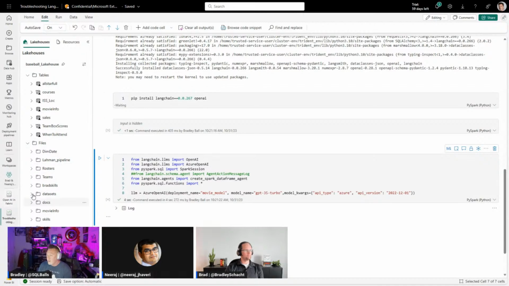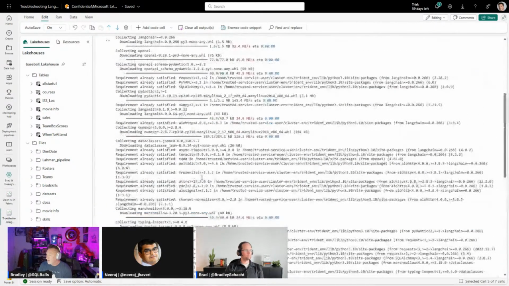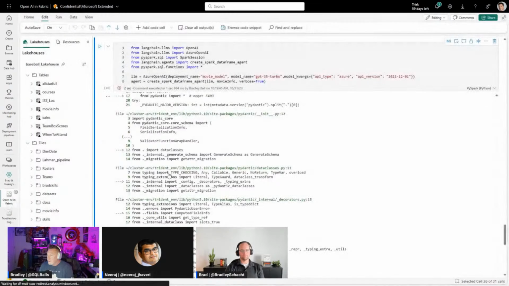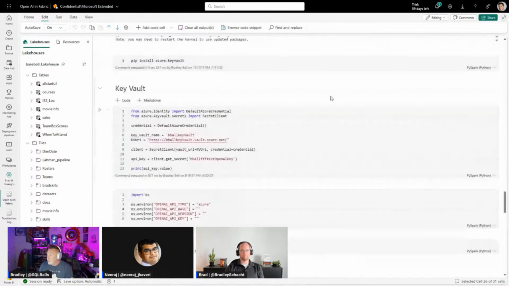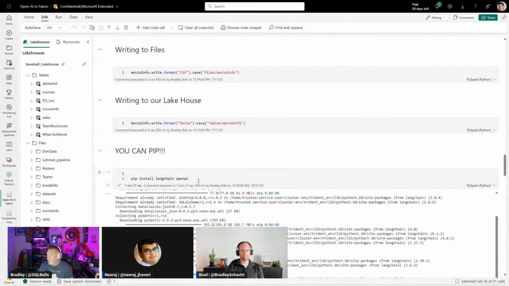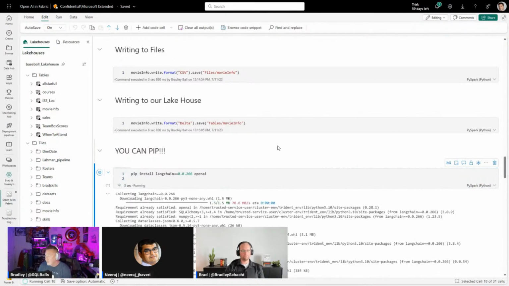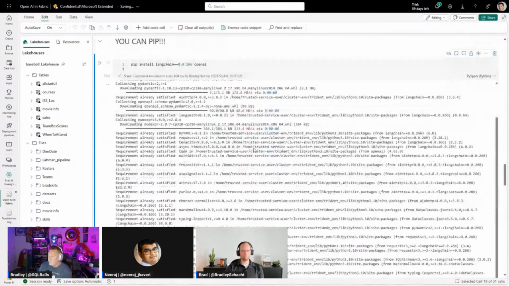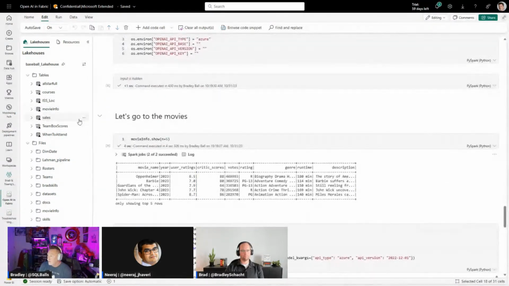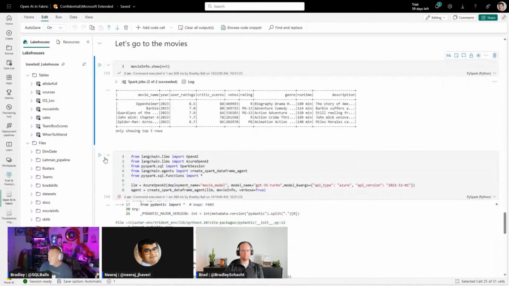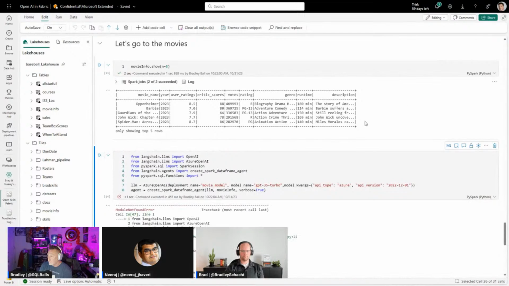So what I can do to fix this is, when I do my install, I pip install this version, 2.66. If you're going to use this in Microsoft Fabric, this is the version of LangChain that we need to utilize. So I'm going to come through here and reinstall this. This is going to take about 12 seconds this time. My data is still sitting there in my Spark frame. I'm going to come down here, invoke my model, and rerun this just to show you that my data is sitting there in memory. And then when I come down and I run this,